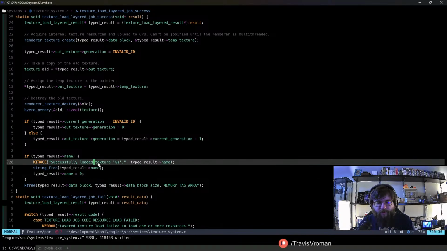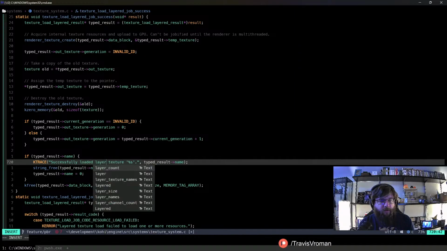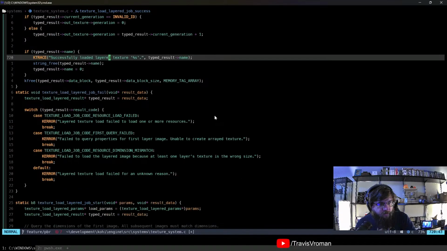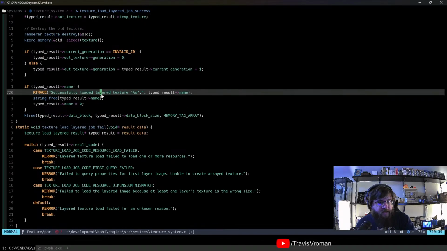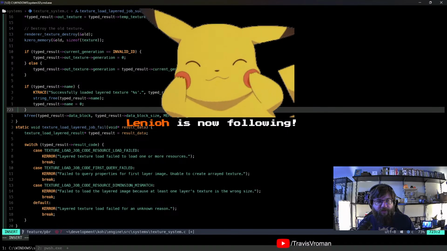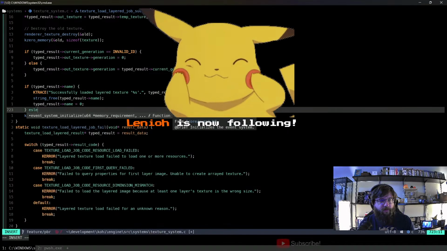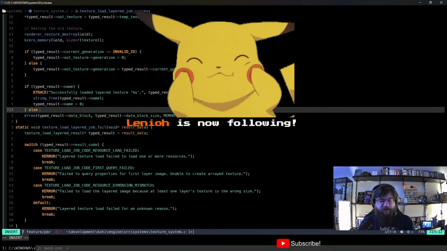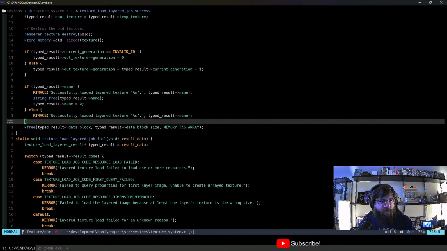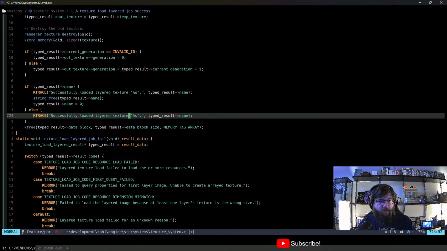Successfully loaded. Let's call this layered texture. And I guess if we don't have a name for some reason, let's at least specify that one was loaded, right? And just without the name. Right, so